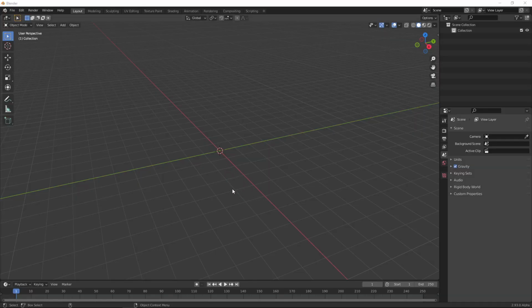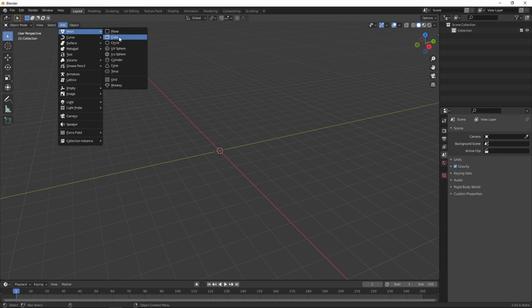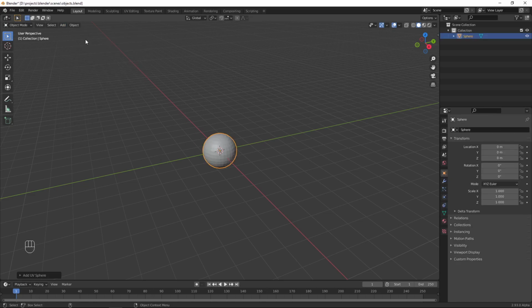So let's do a quick overview of the interface. Over here you have the toolbar, which we already looked at with the Move, Rotate, and Scale tools. And you can show or hide this toolbar with T. Or you can, if it's not there, also activate it by pressing the little arrow key over here. Let's add an object real quick, a mesh and a sphere. And maybe add another cube